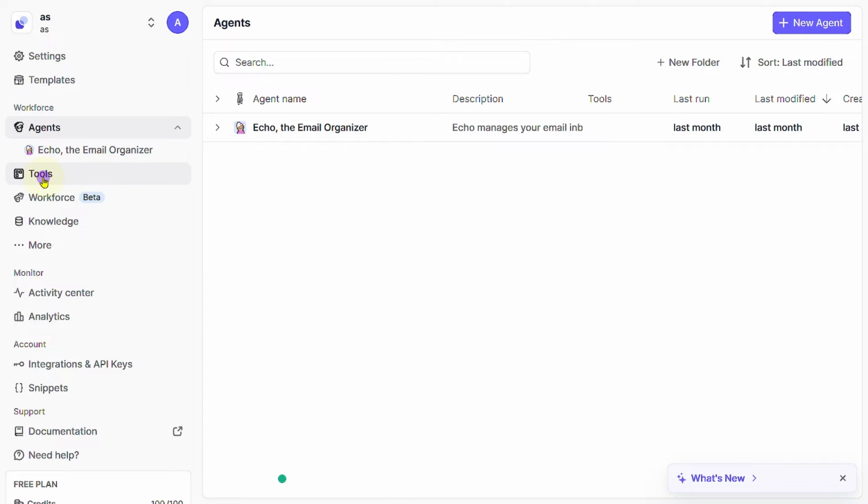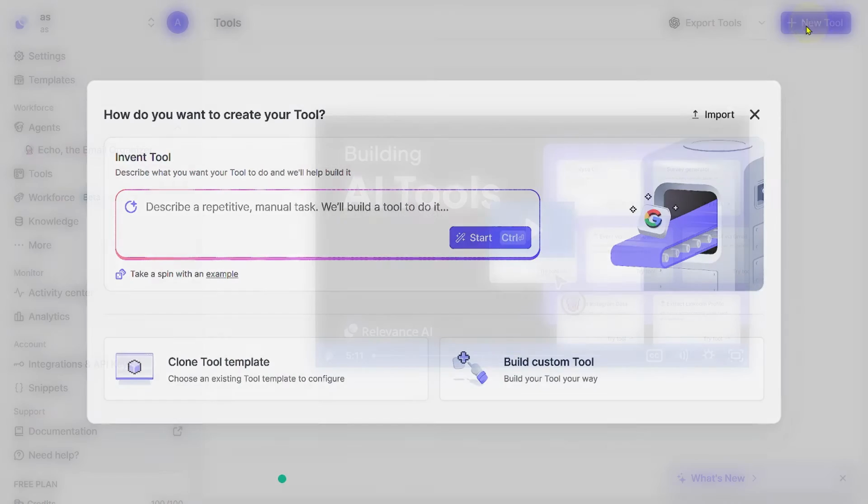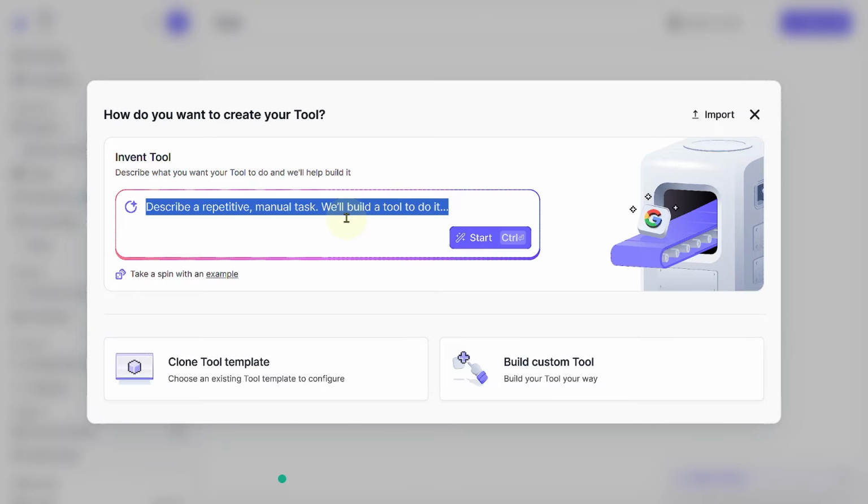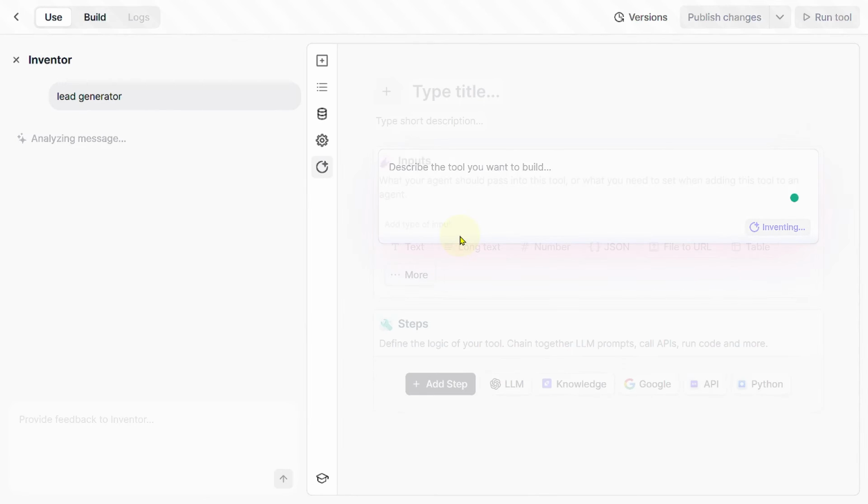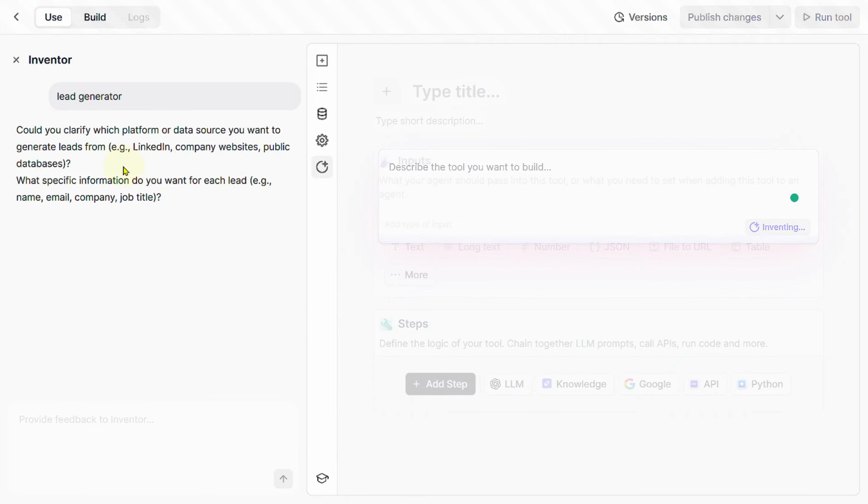So to design a tool, head over to your tools section, click on new tool and search in here, or type in here, basically lead. Okay, I'm going to be typing in here lead generator. Click on start. Just hold on a bit and it is going to be basically creating a tool for this. So just hold on a bit until it is designing, and once it does, your lead generation tool will be